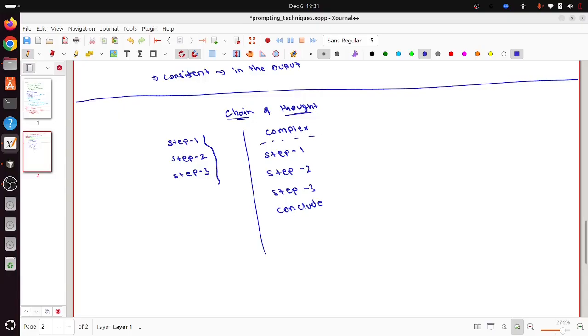So you can just present in your prompt what steps the LLM should follow, and the LLM will follow them. In my personal work I use this a lot, because whenever there is a complex task, the LLM will follow its own rules, its own steps. If you don't guide the LLM, it will follow its own rules, and that might not work for you, might not be feasible in your process. So you can guide the LLM to follow particular steps, and it will follow them. That is one reason why we use chain of thought.